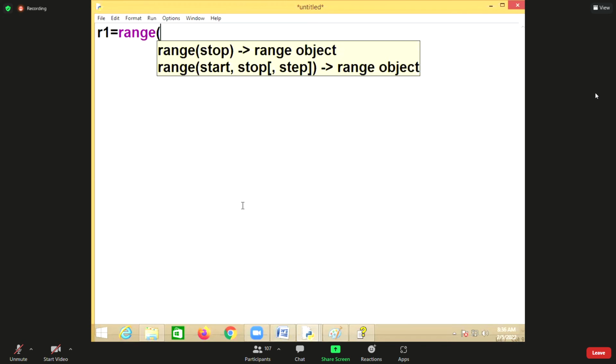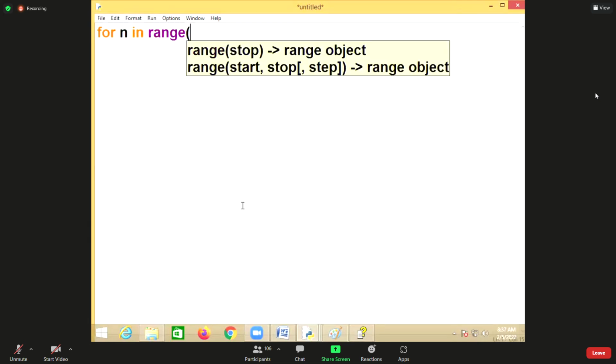A range object. Or I can write directly: for n in range, what am I giving? Start with 1, stop at 11.